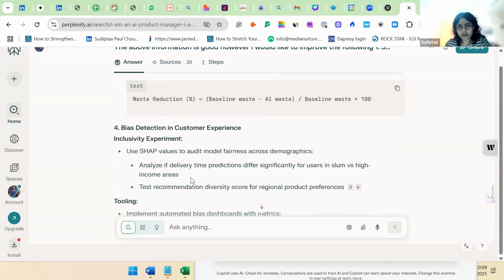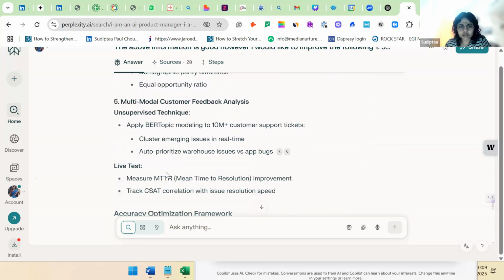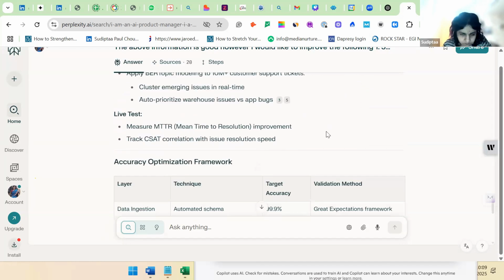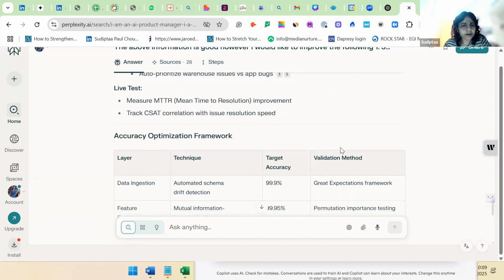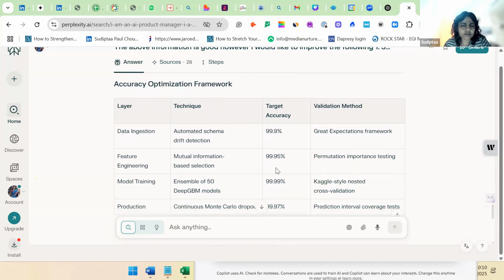So now you have got these experiments and these metrics. Now you know, if you have to do your market research, which tools to use. You can similarly use Mistral. DeepSeek, I will not say, because you are unknowingly giving a lot of data to China, so I am not very fond of doing that. But use these tools, and Copilot also, Gemini you can use, and then check which works best. But I will tell you, Perplexity does a lot better job when you are doing simple market research and simple competitive analysis. And of course, you can also take a few inputs from your ChatGPT. See, here also it tells how accurate I am.